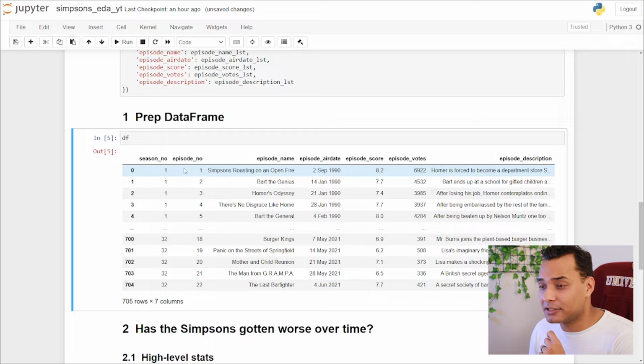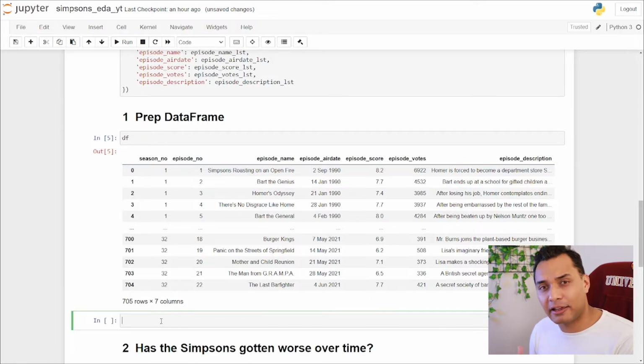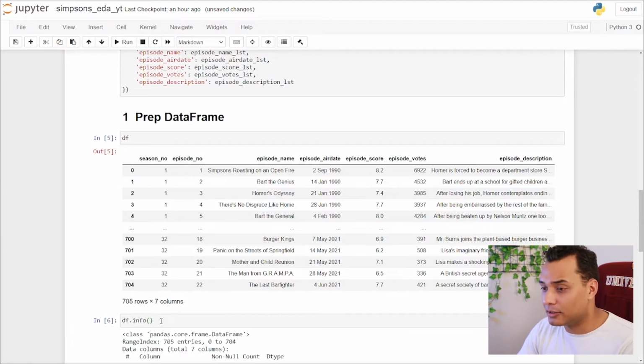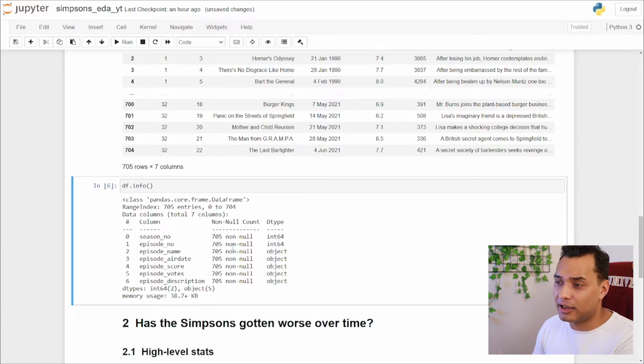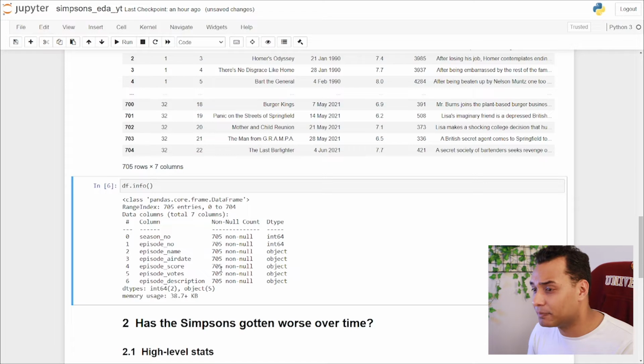Before we get into any actual statistics, let's find out a bit more about this data set. If we do df.info, where df is the data set we're working with, we see the columns, the counts, and the data type. The counts look great. We can see we have 705 rows, and we have 705 of every column, so we have a complete data set. Season number is an integer, episode number is an integer, episode name is an object,